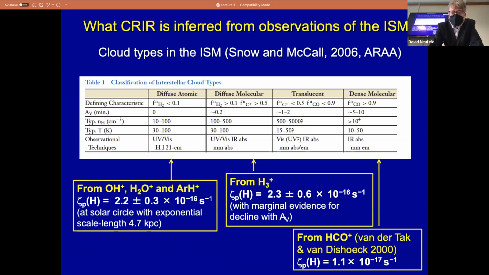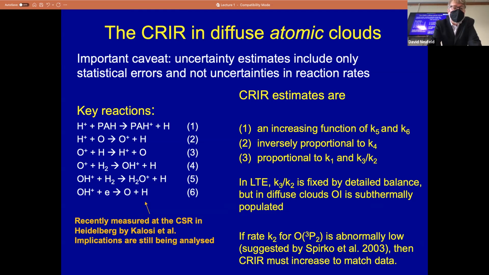So the bottom line is then that if we analyze observations of these 3 molecular ions that we could make with the Herschel Space Observatory and also now with SOFIA, NASA's airborne observatory, the number is in almost perfect agreement with the number that you get from measurements of H3+. So that suggests, at first blush at least, that there isn't much shielding as one goes from a very diffuse atomic cloud to a somewhat less diffuse molecular cloud, and that the shielding of cosmic rays only comes into play at higher densities. But this is all very reliant on